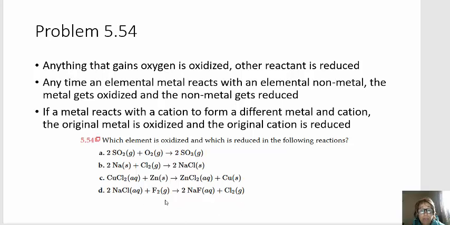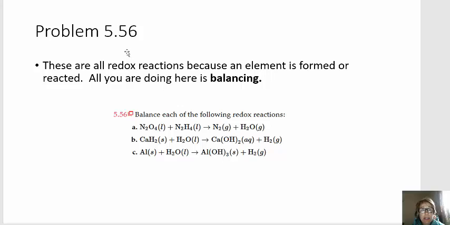Chloride gets oxidized. If we look at fluorine, on the left it has no charge. It's an element, equal number of protons and electrons. And on the right, we see that it has a -1 charge, so it's gained an electron. So it gets reduced. So you won't see a problem like this, but hopefully that will help clear up how to answer the others. And then 5.56, it says balance each of these following